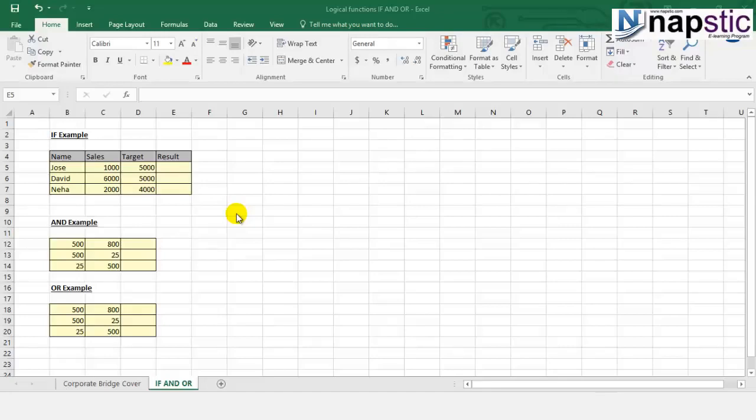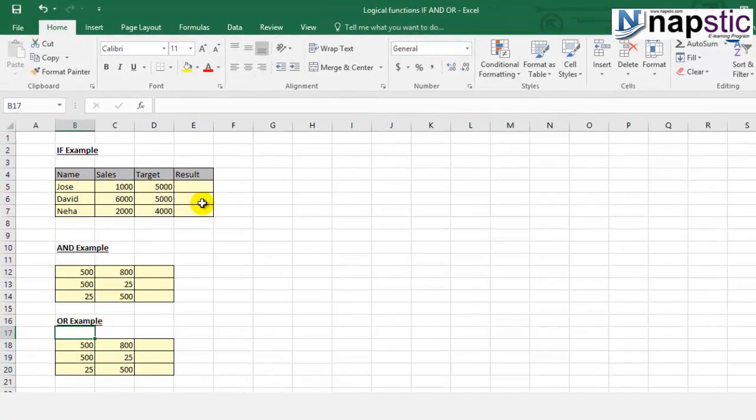In this particular video, what we're going to learn in Excel is the logical functions if, and, or. These are the three examples through which we're going to understand how these logical functions can be used in Excel. Starting with the if example, what we are trying to do here basically is find out and compare